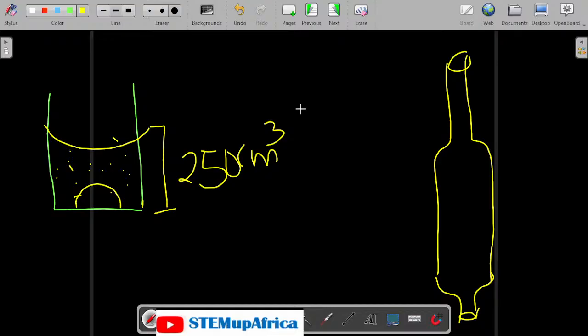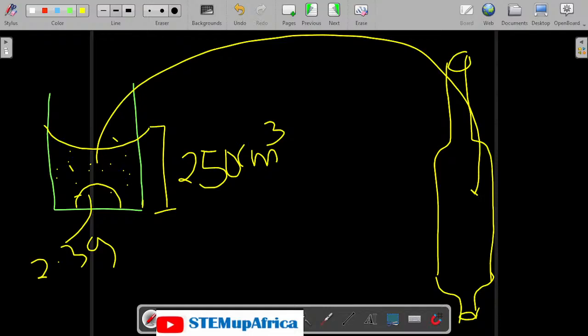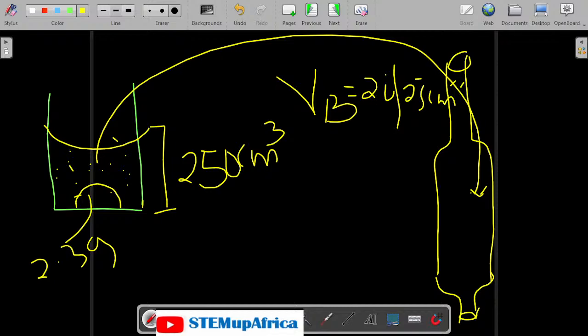So this is the quantity of the salt, which is 2.3 grams. From here, we are going to get our volume of pipette, which is our VB. It's a standard value. It's always 20 or 25 cm cube. That's the volume of the pipette. So by dissolving the 2.3 into the 250 cm cube of solution, we are going to get the concentration of the base. So how do we determine the concentration of the base? By dissolving this whole thing. To do so, we are going to apply a formula that says